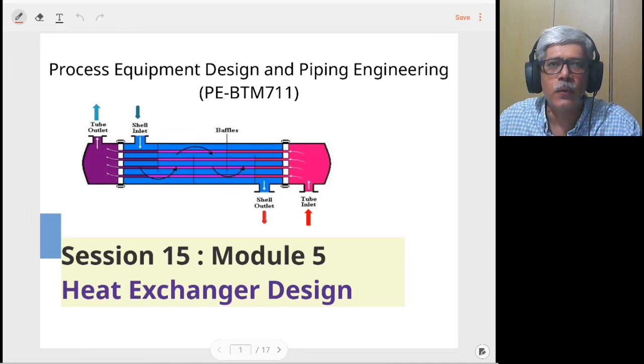And finally, we have seen how to configure a baffle arrangement for a heat exchanger in terms of the size of the baffles and hole diameter in the baffles and the size of tie rods. So that concludes the session on mechanical design of heat exchangers, a basic introductory session on the design.